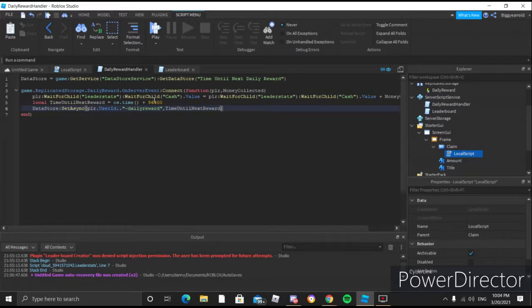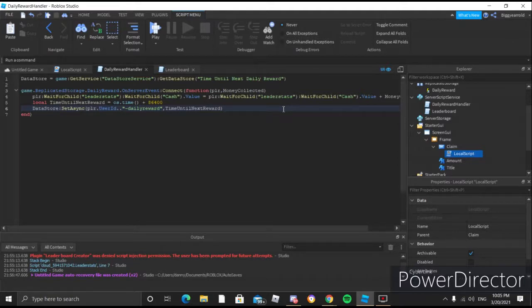os.time is, it gets the amount of seconds that has ever been since, like, January 1st, 1970 exactly. So, it gets that, and then we're going to add a day, like a day amount of time. So right now the os.time is about 1,000,000 seconds and something, and then that's just going to add on to it of when they actually clicked this function or whatever. And basically that is when they get their next reward, is when they claimed their reward there. So let's go ahead, and now that we have that,